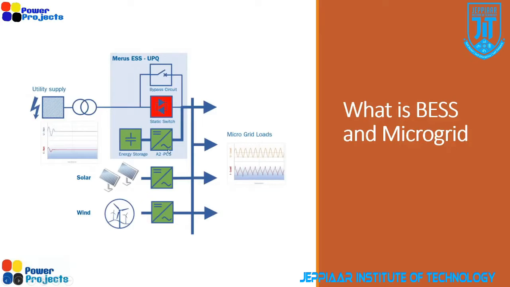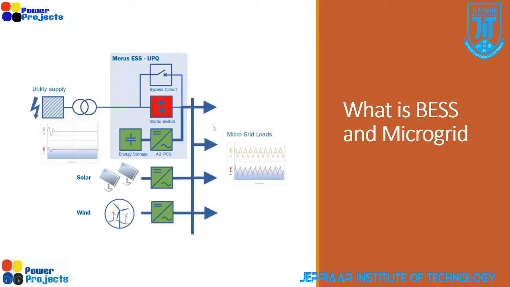And here what you are seeing in the first one, green color, where my cursor is, that's the battery energy storage system. You can see PCS, that is the power conversion system, and the energy storage, which in our case we have assumed is a battery. This PCS is basically a bidirectional converter. Whenever there is excess power available, or whenever the power available from the grid is cheaper, it stores the energy in the battery, and whenever there is a shortage of electricity, or whenever the grid price is high, it inverts the energy stored in the battery. So only this portion, this energy storage plus PCS, is basically called the battery energy storage system, and this total system is called a microgrid.